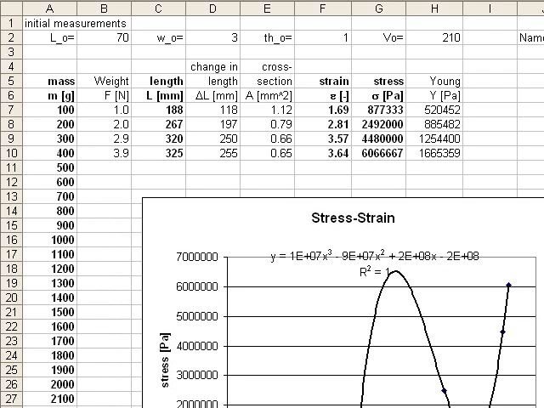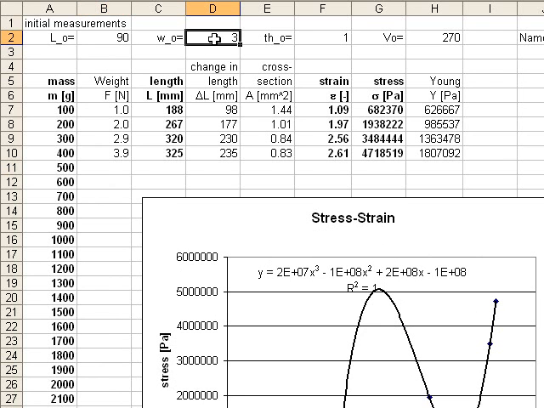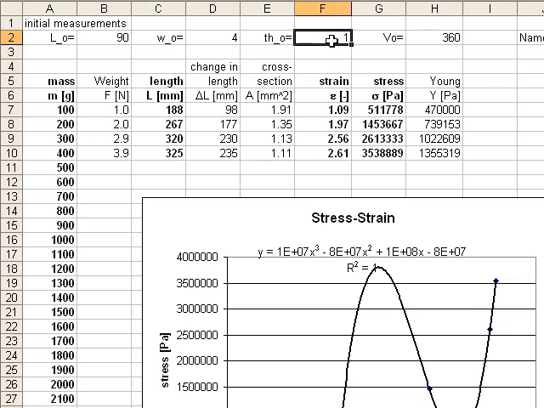This is the posted Excel sheet with the generic data for Lab 10.1, stress and strain. And I'm just going to use the data that I took in the video that I posted on YouTube. So the original length for my rubber band is 90 millimeters, for the width 4 millimeters, for the thickness 1.5